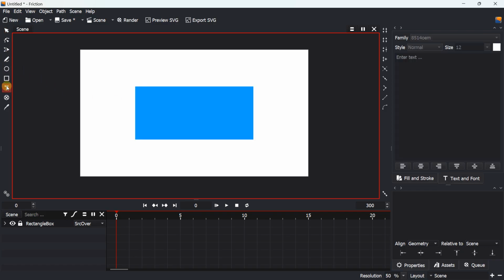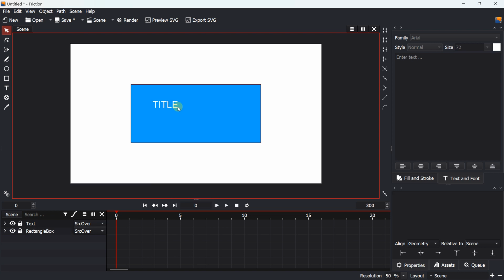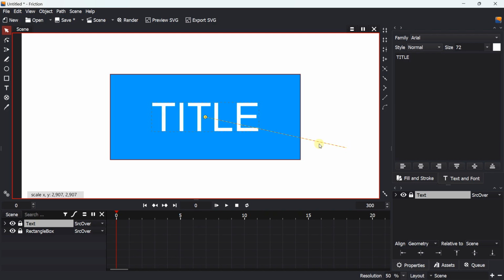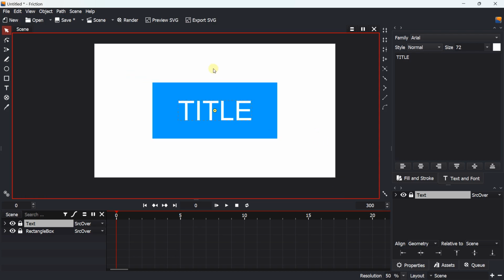So now something that I will do is to add the text. To add the text, I will click here and I can left click on this area. And after to do this work, I will right click. So I will click on my text just here and I will right click, center pivot. So thanks to that, I can go in the center here, and if I press S to scale, I will be able to scale my text just like this inside my rectangle.